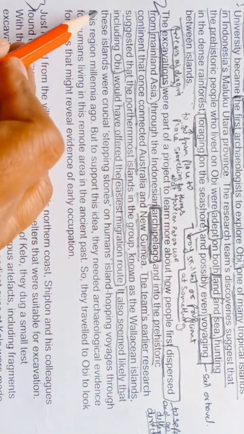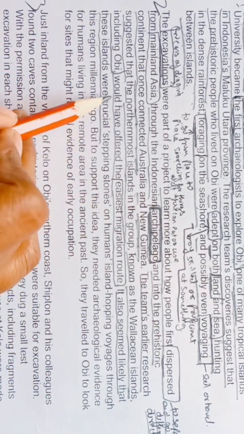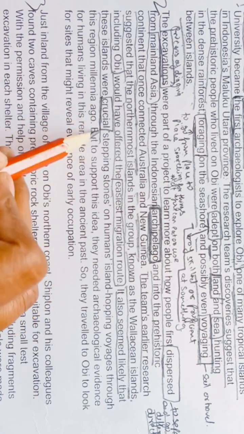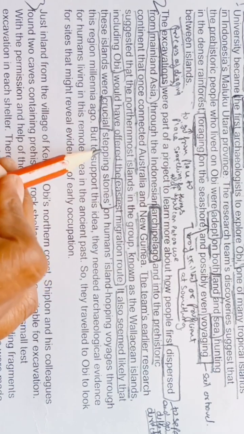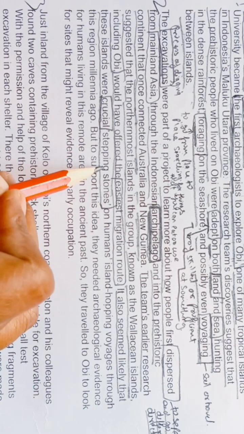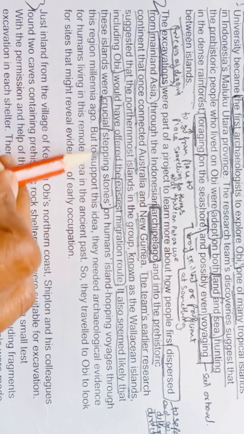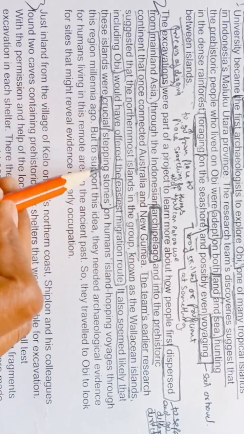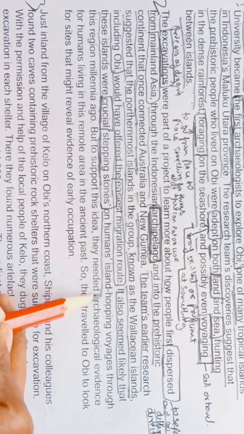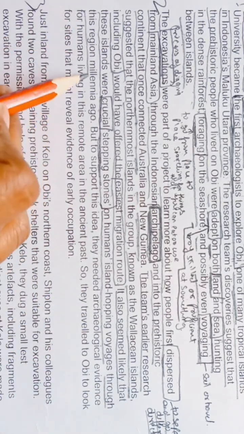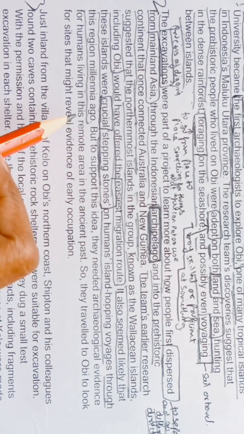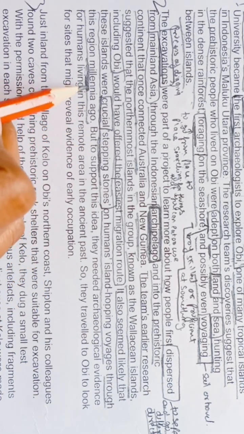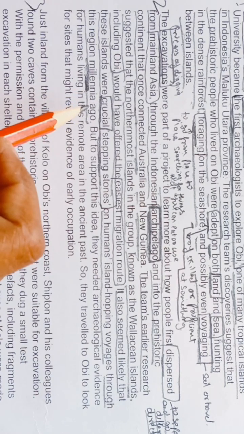It also seemed likely that these islands were crucial. Crucial means important. And what do you mean by stepping stone? A stepping stone is something that allows you to make progress or helps you to achieve something. Crucial stepping stones on humans' island hopping voyages through this region millennia ago. Millennia means a period of time that is 1000 years in the past.